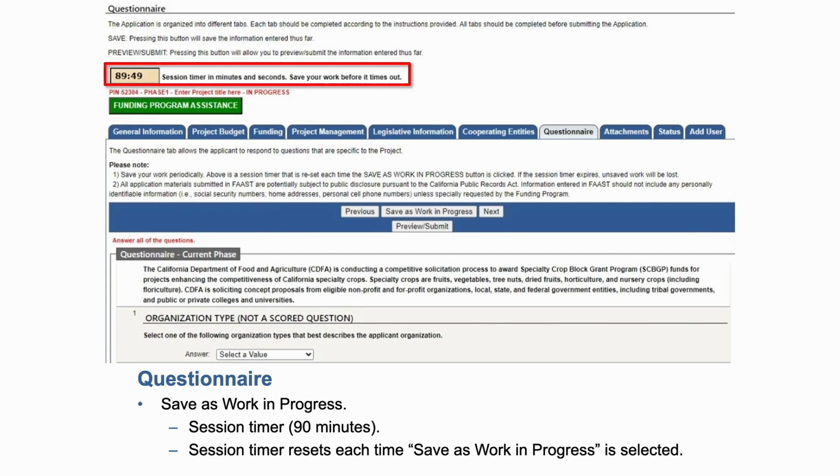So again, just please remember to save often. You must answer all of the questions. Pay attention to the questions such as organization type that require you to select an answer from the drop-down menu. And again, for the text boxes, note that the maximum number of characters allowed will be listed at the bottom